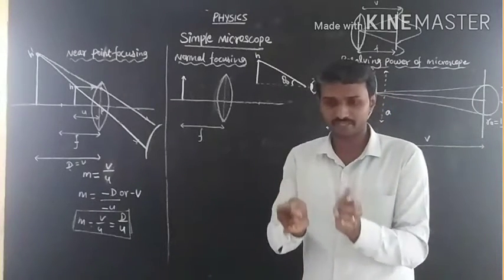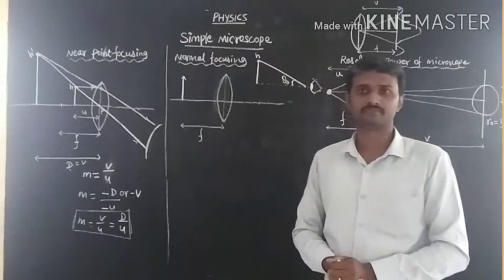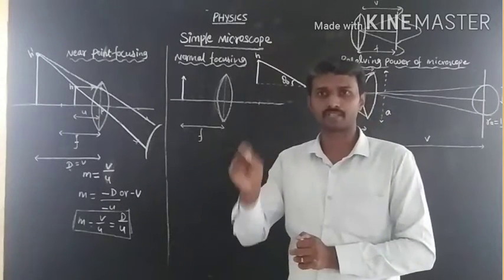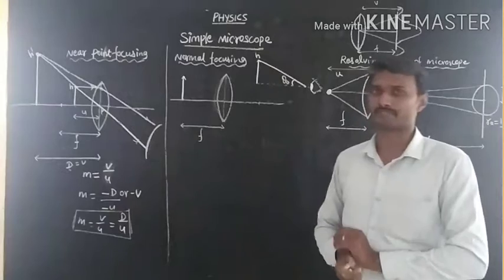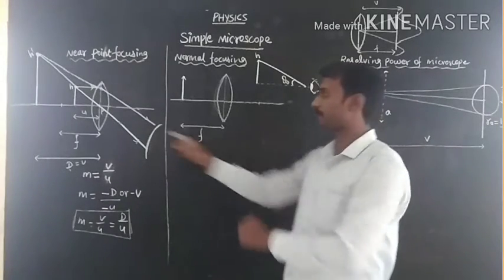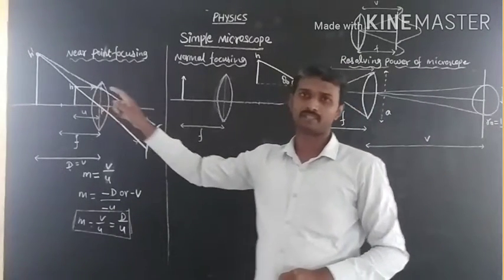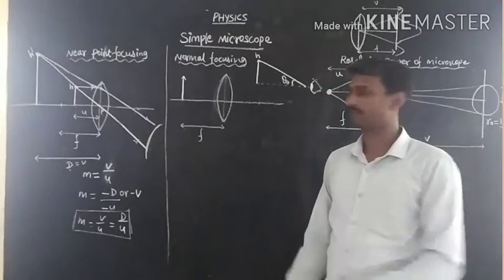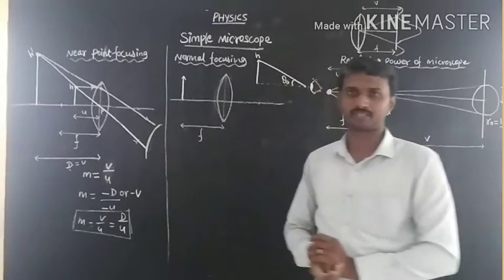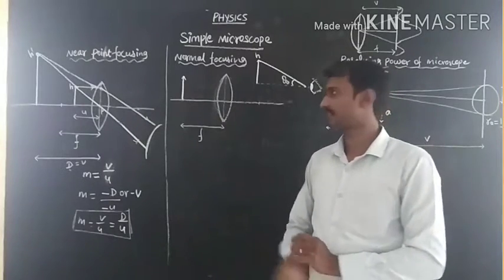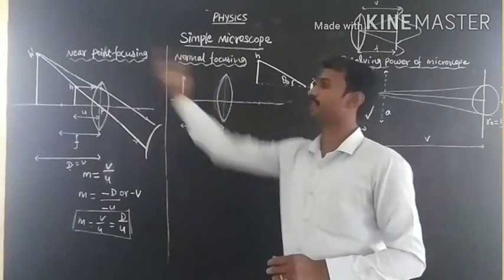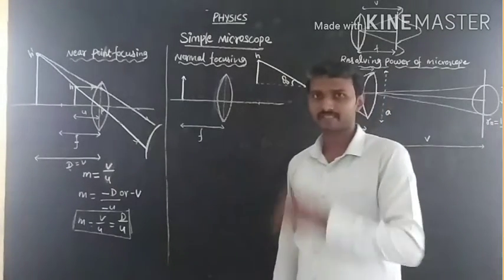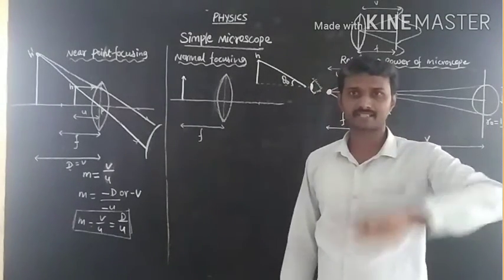So if we want the image in the nature of the object, and we want it bigger, then the position of the object must be at the principal focus, or in between the principal focus and the pole of the mirror or the optic center of the lens. Only when we place it in these two positions will we get an erect image. Suppose we place an object beyond the principal focus, then the convex lens produces an inverted image.